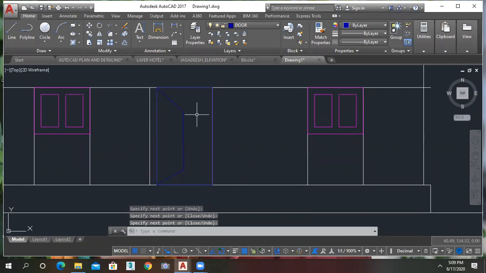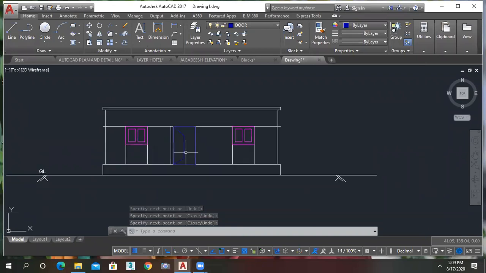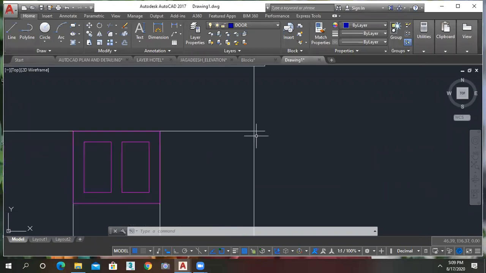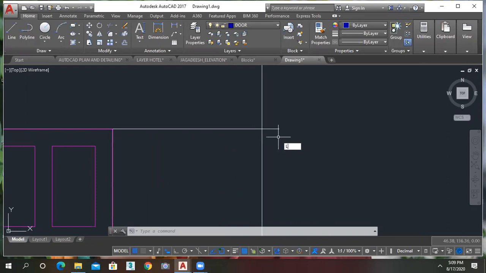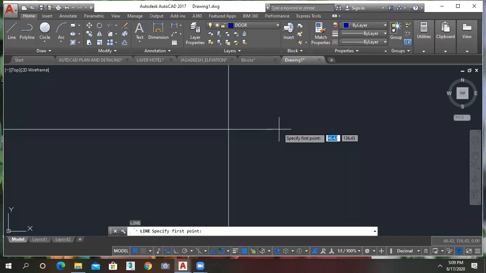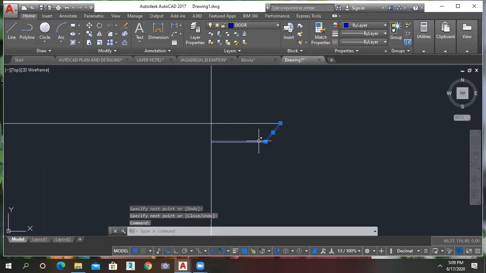If it is a double door, then we can divide it like this. If it is single, then we can show it here like this. And this is my chajja, right? So the chajja should be like this, a 45-degree bend, and then join it like this. These are all the standard values.